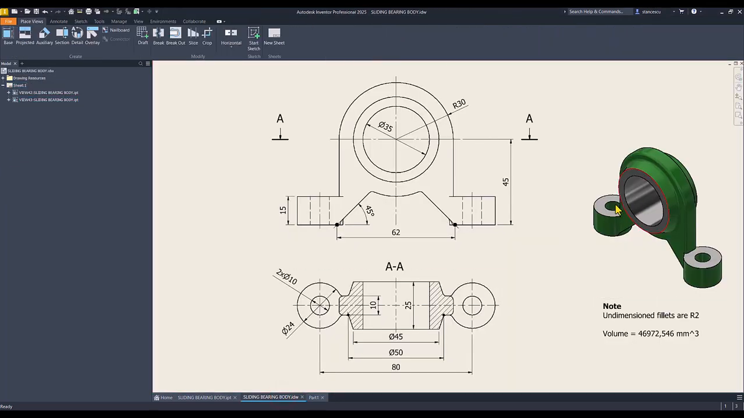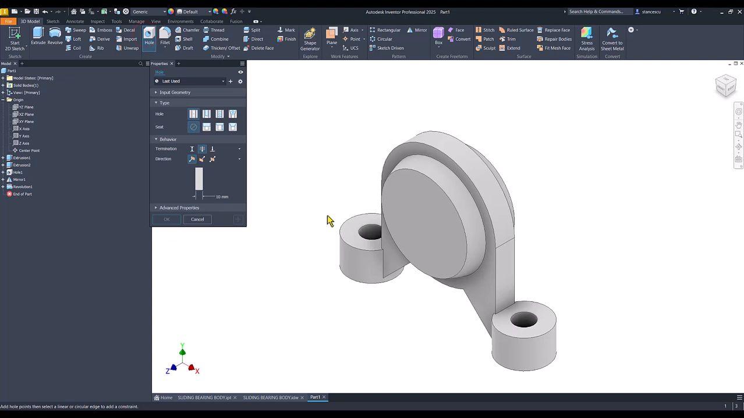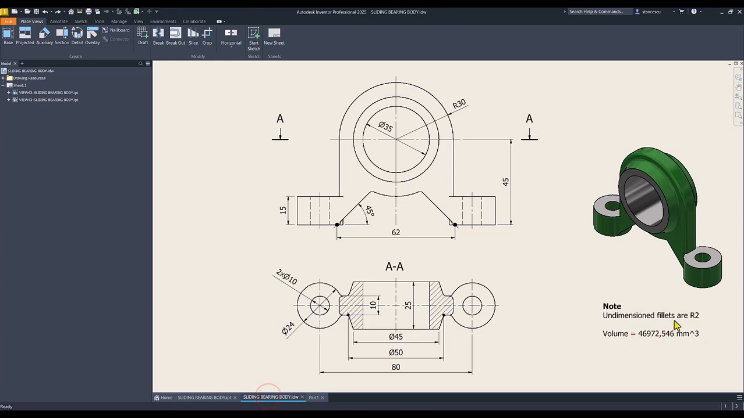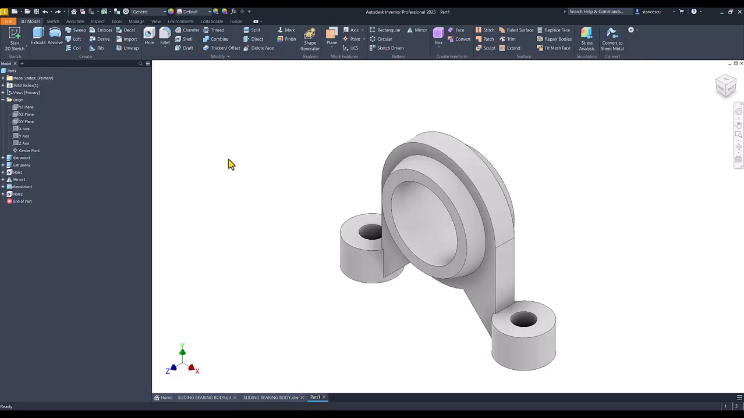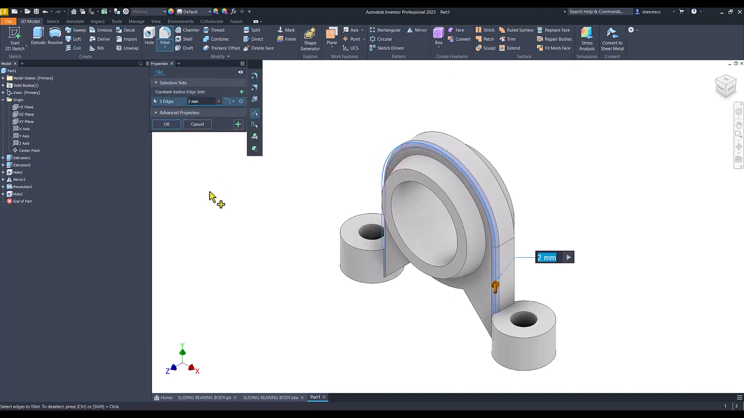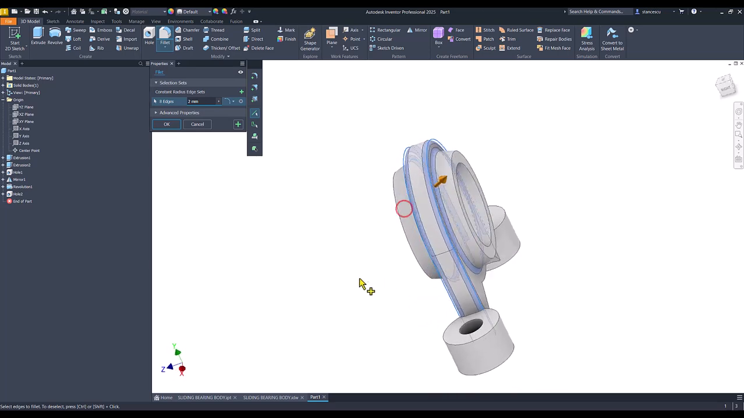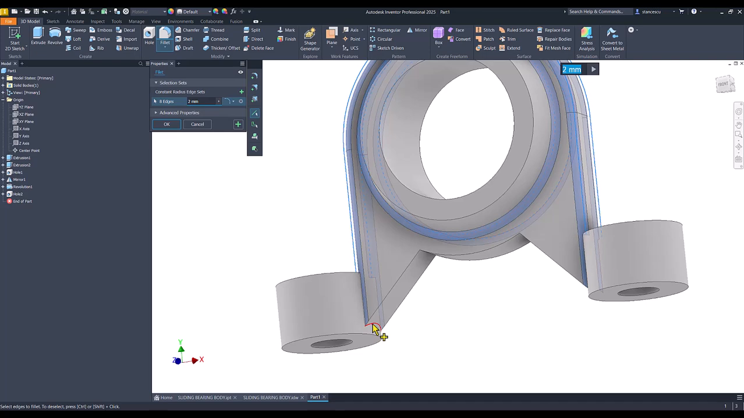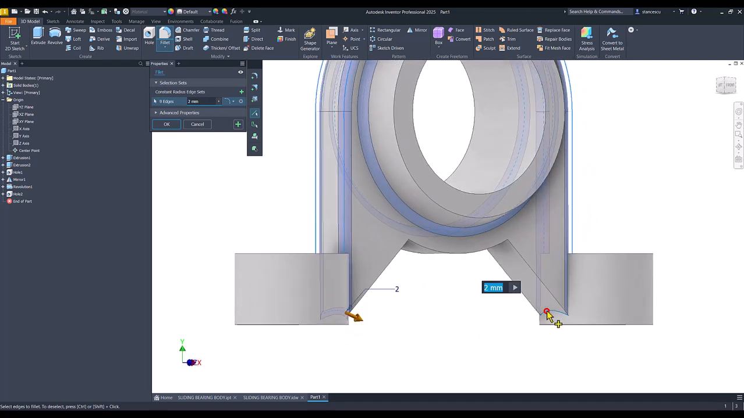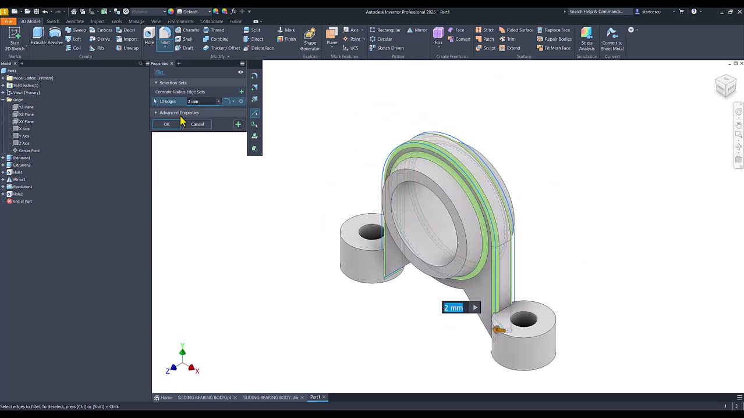Now this hole, 35 is the diameter. I use hole, face, center, through all, 35. Now the fillets of radius 2. There are many for this part. I select an edge, 2 millimeters is by default, and I apply all those fillets. Also here and here. Okay,